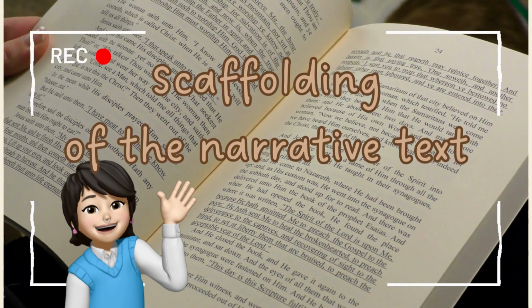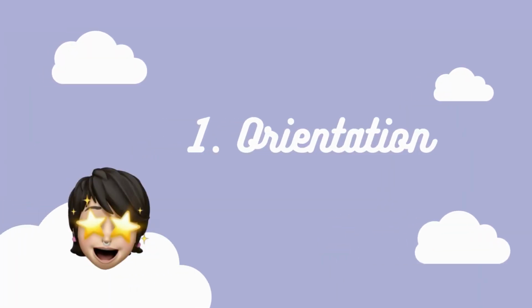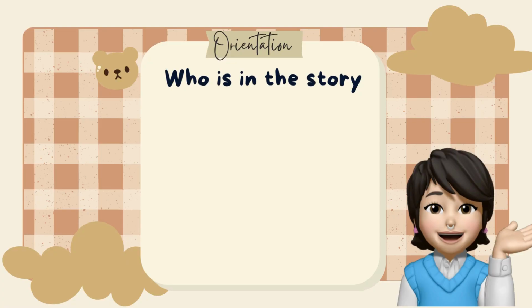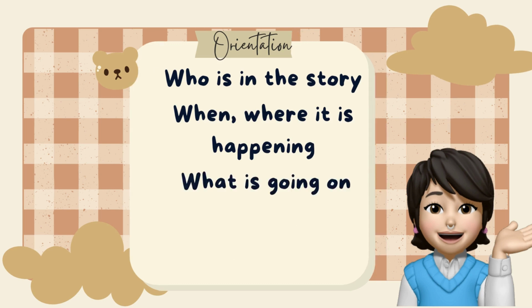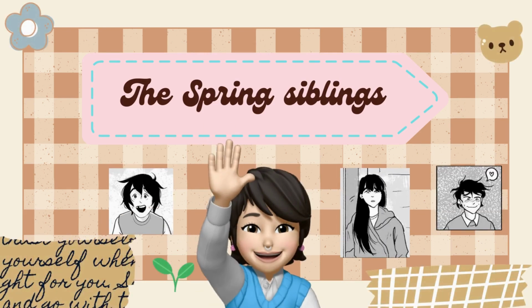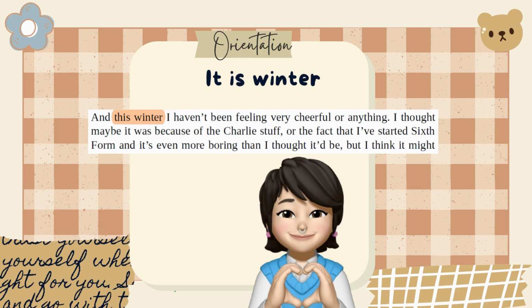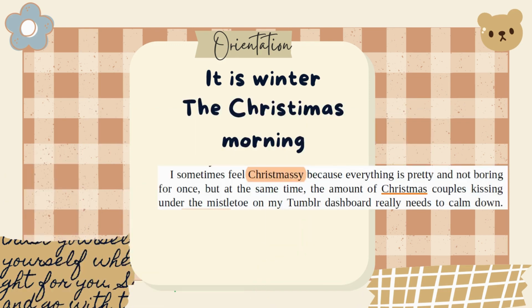The scaffolding of the narrative text begins with the orientation, which is focused on who is in the story, when, where it is happening, and what is going on. The orientation of this text is focused on the Spring family, specifically on the siblings, Tori, Charlie, and Oliver. It is winter in Britain and it's Christmas morning, and for the family, it is not a period in